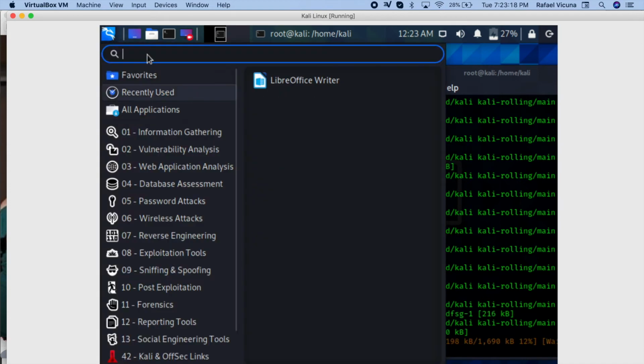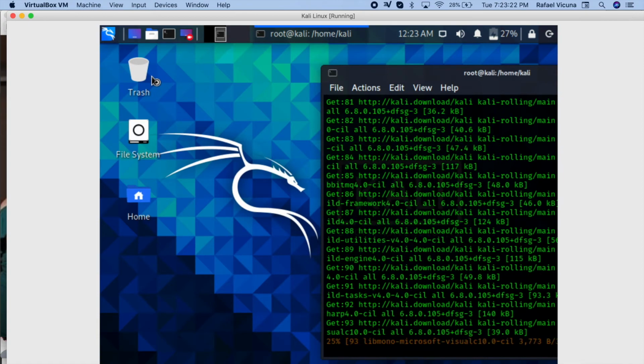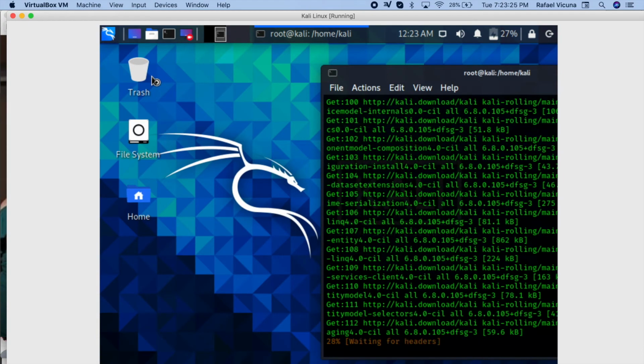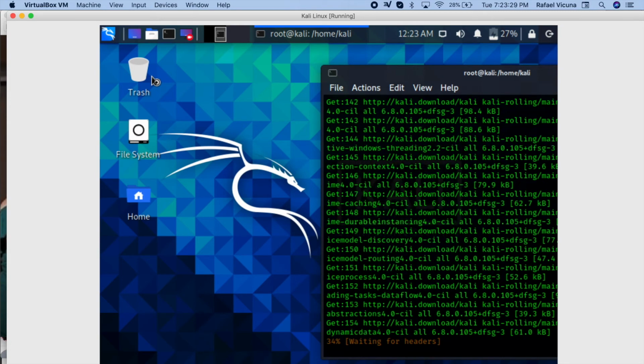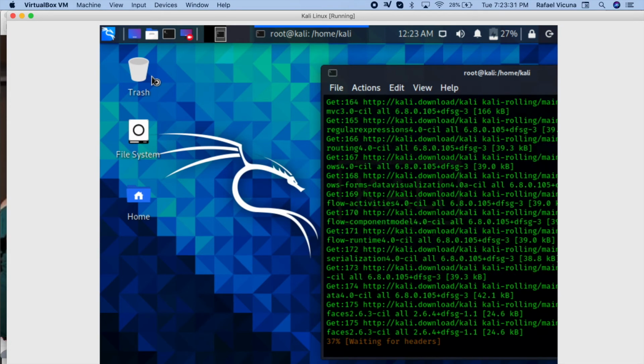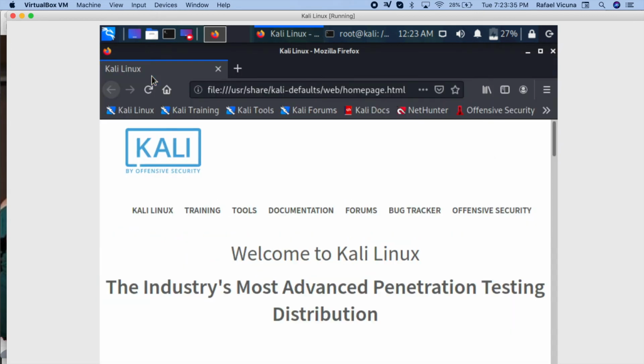Now, while this is being set up, let's go ahead and download a file to test it out. So I'm going to open up my web browser. I'm going to do Firefox for this. And I'm going to install a tool called LOIC. LOIC is a DDoS tool, and it stands for Low Orbit Ion Cannon. It is downloaded from SourceForge. It is a .exe file, so it's a Windows executable, and we're going to experiment and see if this works